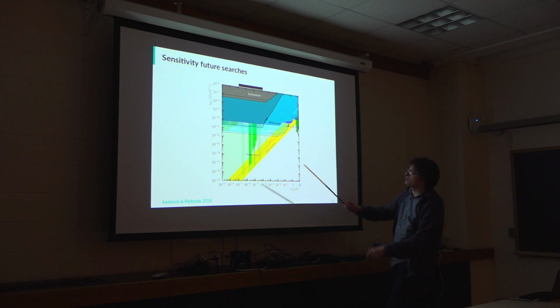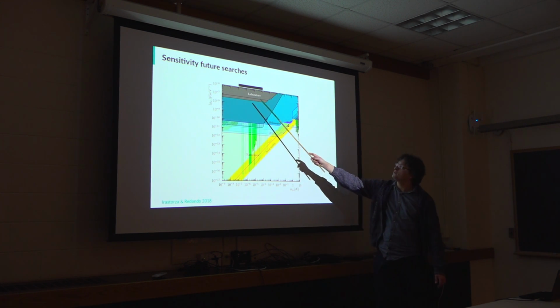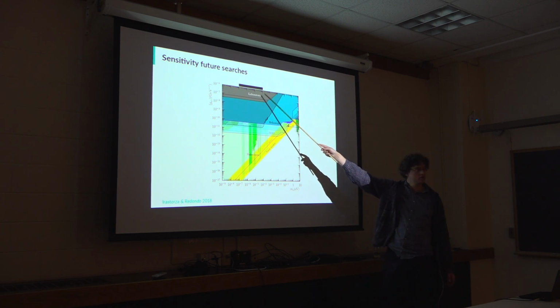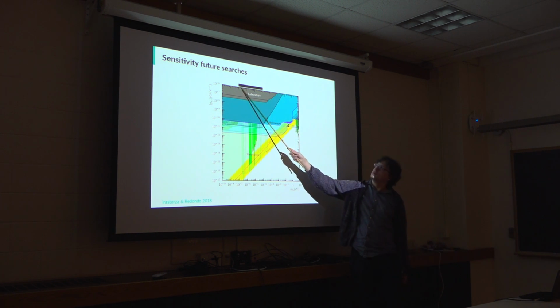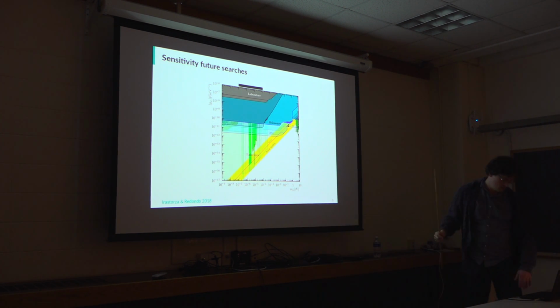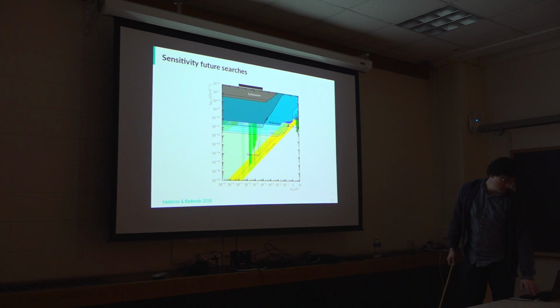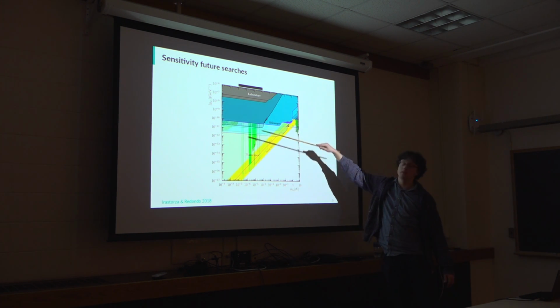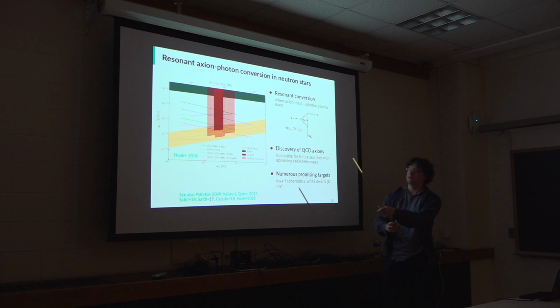But the bottom line is right now we have searches over this range here, and what's interesting is if you just look at what is covered by radio telescopes, this would correspond to like 50 megahertz all the way up to maybe 10 gigahertz. That's a range that overlaps with the interesting mass range, but in principle it's broader. So if one could exploit radio telescopes to probe this kind of axion mass range, this would be interesting and complementary to the existing searches, even if the sensitivity would be a bit weaker than what we have from lab experiments. So the first paper about this possibility, okay, I'm jumping ahead.